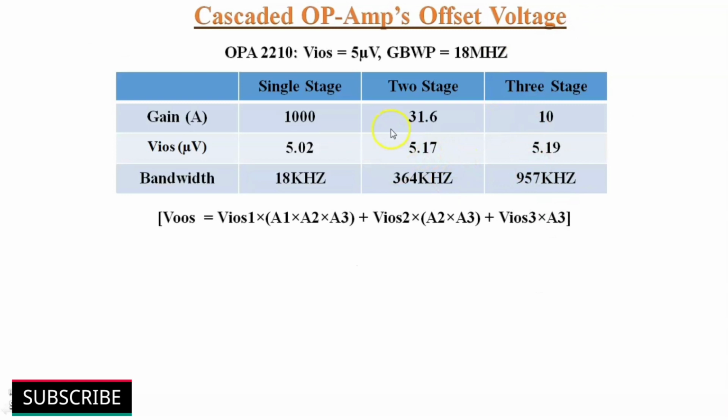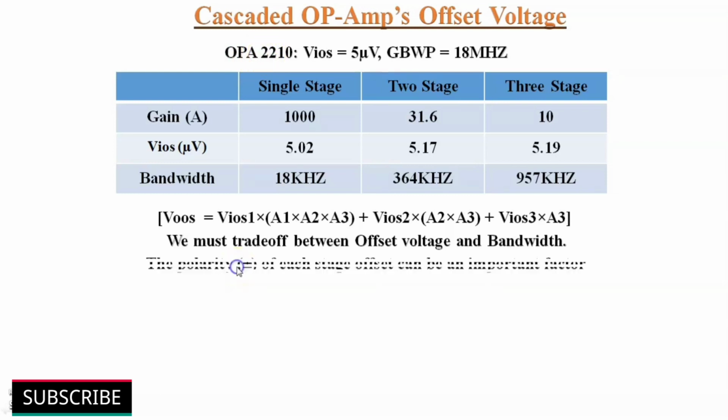Let us observe this here. In this table, from single stage op-amp circuit to 3-stage op-amp circuit, the table shows how we have a trade-off between the number of gain stages with increased offset voltage and with increased bandwidth. For a low offset op-amp like OPA2210, the increase in offset voltage is minimum as compared to the increase in bandwidth. This highlights the importance of using a high precision op-amp, especially in the earlier stages of an amplifier circuit.